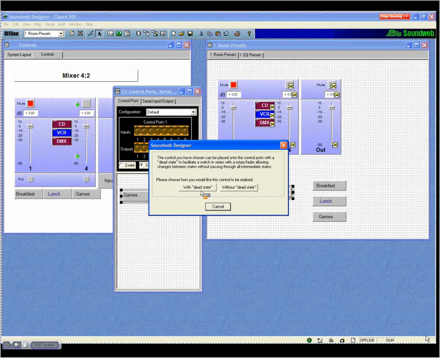If you go without dead state, then what will happen is your three states will be 400 ohms, 2700 ohms, infinite resistance. In other words, open contact. If you go with dead state, your three positions might be 350 ohms, 1700 ohms, 2900 ohms, and an open is